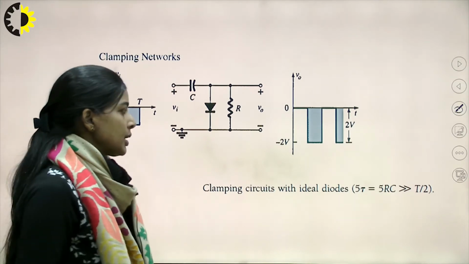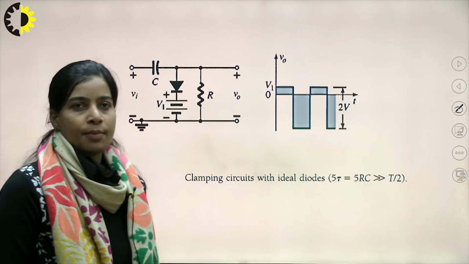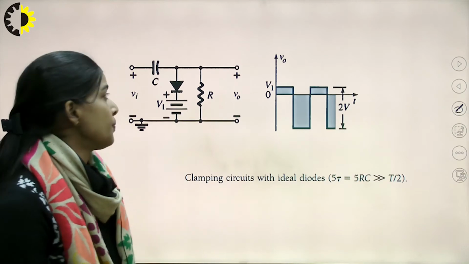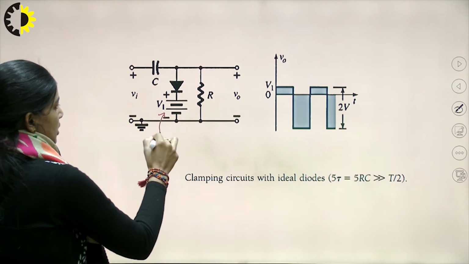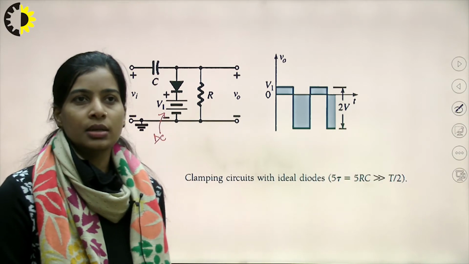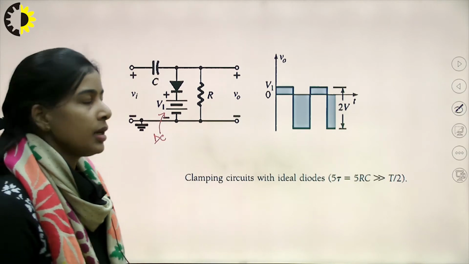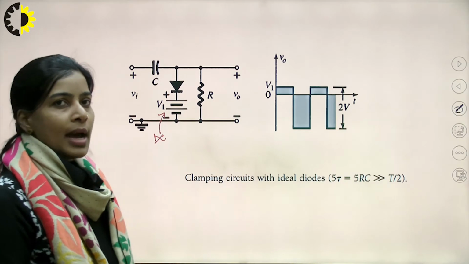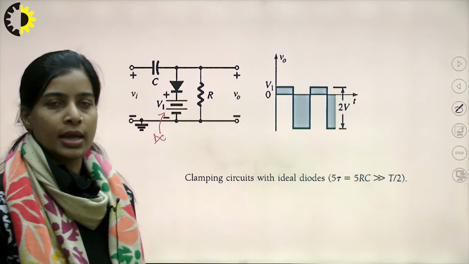This is the same circuit that we have discussed. So, taking some other examples to clarify more about the clamper circuits. Here I have connected a battery DC voltage, that is voltage V1, like we did in the biased clipping circuit. Similarly, we have a biased clipper circuit. So, we can name this circuit a biased clipper circuit, and the biased clipper circuit could be a positive biased clipper circuit and a negative biased clipper circuit.